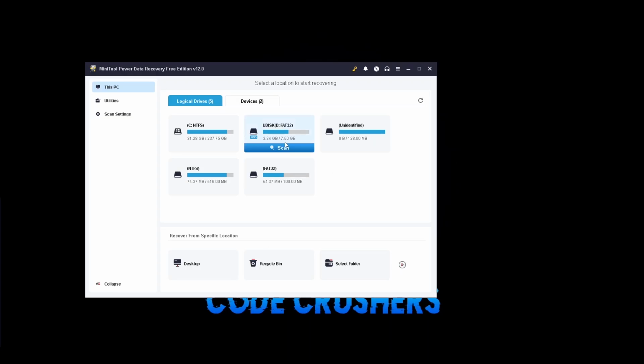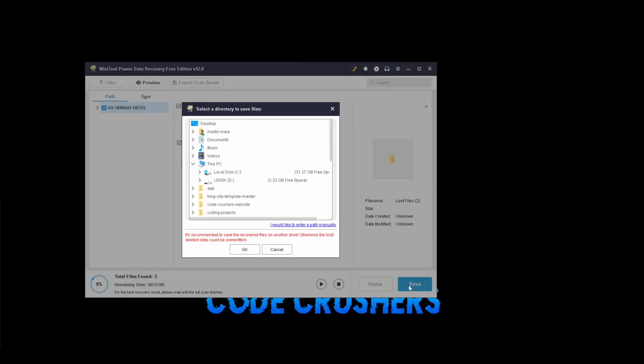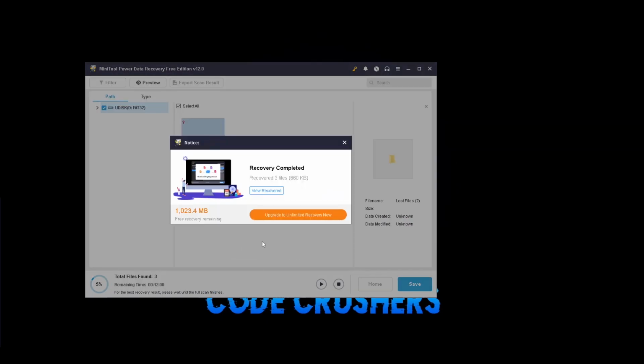and you will need a tool like Power Data Recovery to recover your files. So here is my USB, and I'm on the MiniTool Power Data Recovery free edition. With the free edition, you can recover up to 1 GB of data, and you're going to select your USB drive and click on scan. Make sure you select this for lost files. Click on save. As you can see, recovery is completed and recovered 3 files. You're going to click on view recovered,